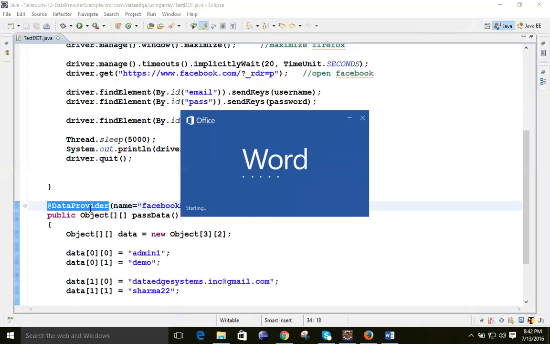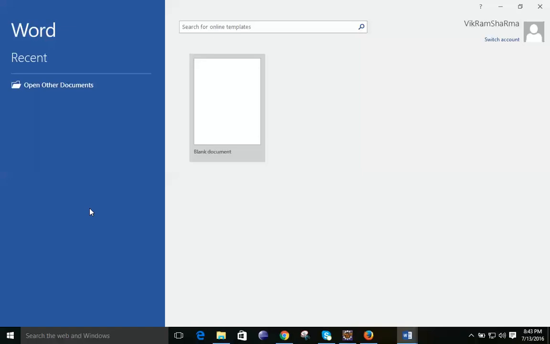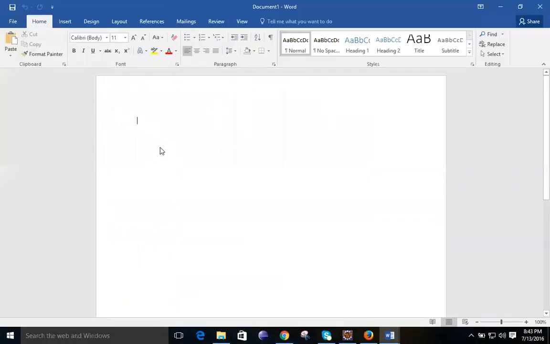DataProvider is simply going to provide data to the calling function or the test cases. How it will provide the data and how it will take the data is the example demo we need to focus on here.